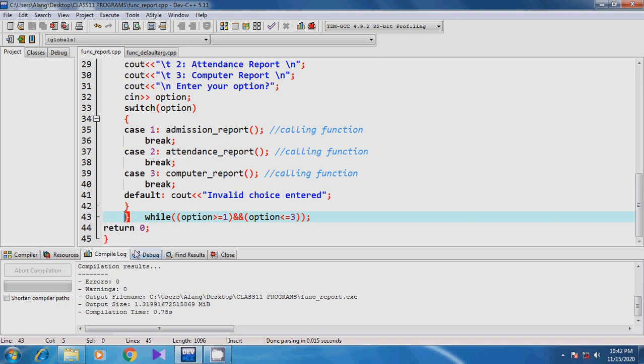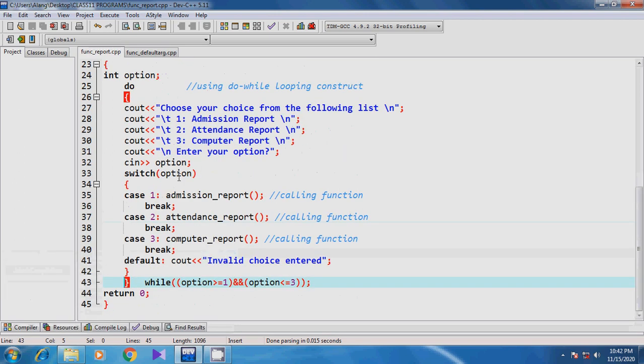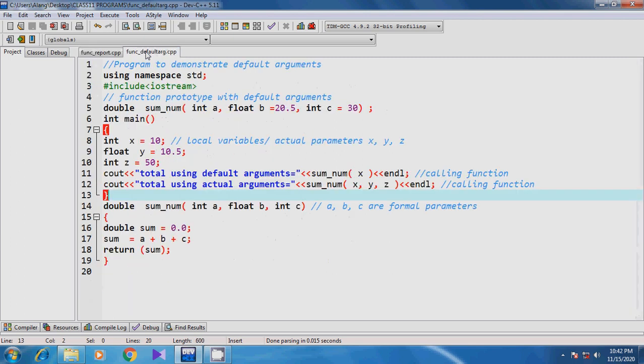Now in the case of a while loop, if the while test condition is false, the body of the while loop will never be executed. It will move on to the next statement after the while loop. So you can see the difference between the do while loop and the while loop. Now in the next program you have